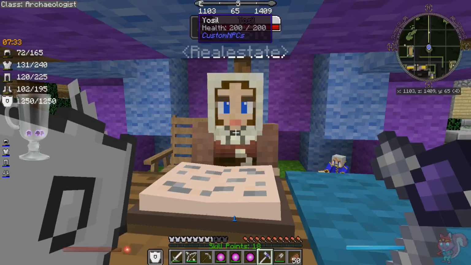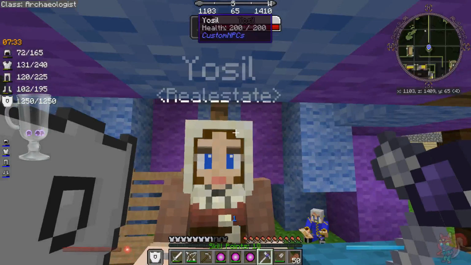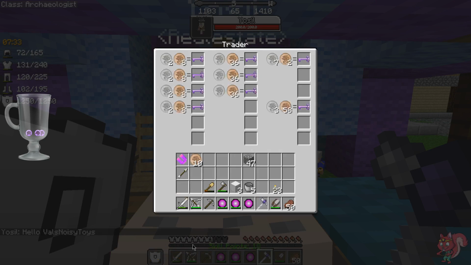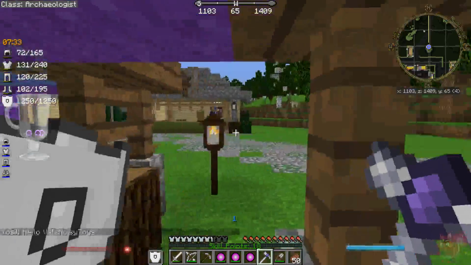And the real estate agent, this is the lady or chap, depending on which area you're in, or who's currently on duty, you buy your house from. And you'll be buying yourself one of these keys. As you can see, they're not horribly expensive, so that's really nice. And